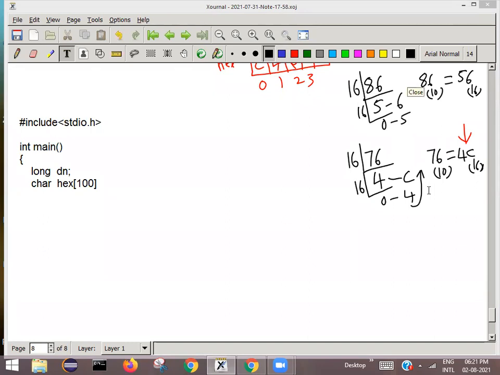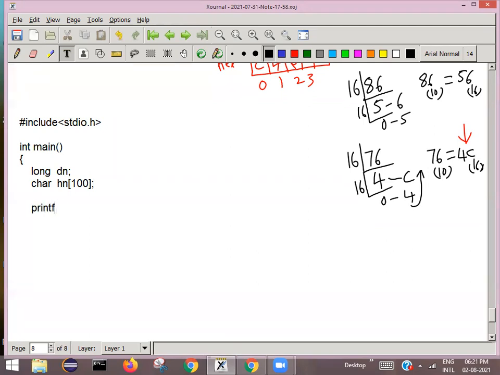HN also you can say. Hexadecimal number means HN. You can use the same notation, or hex also. As per our same notation, we'll follow this HN, hexadecimal number, size of 100. If any other variables are required, we'll add them afterwards.